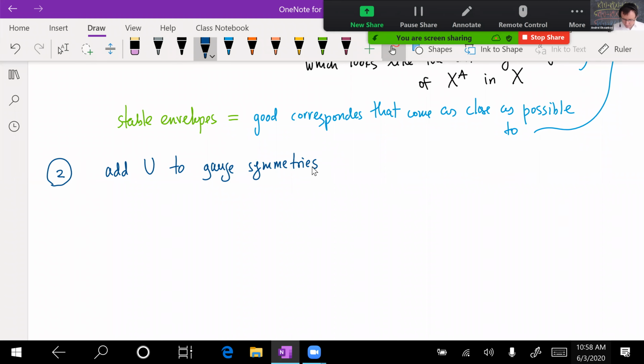And so this means that first the fields we consider are no longer fixed, they're allowed to vary. So in particular, we compute the critical locus